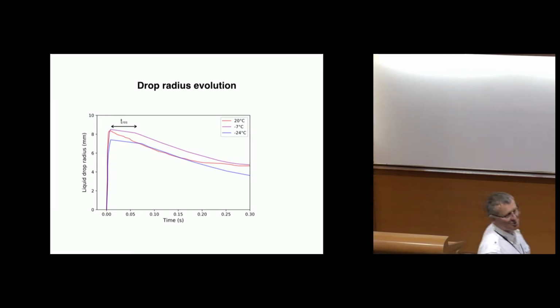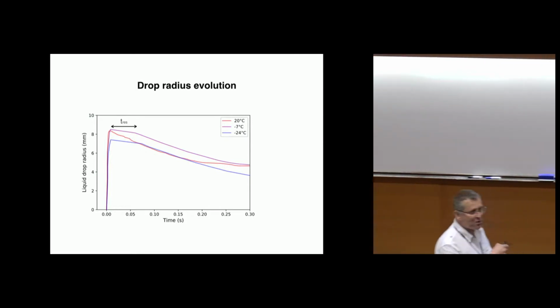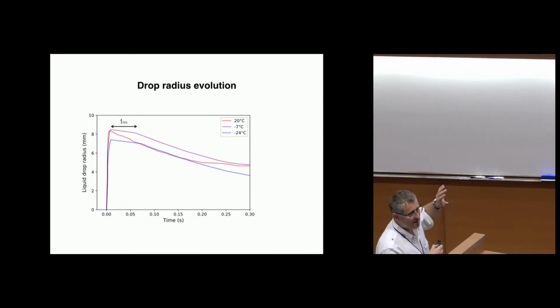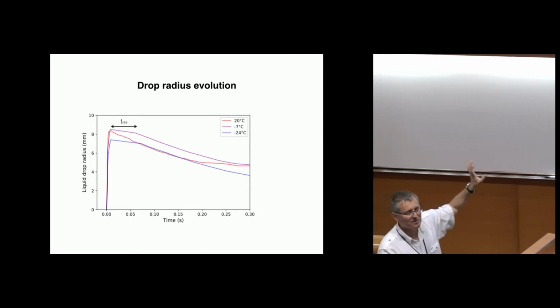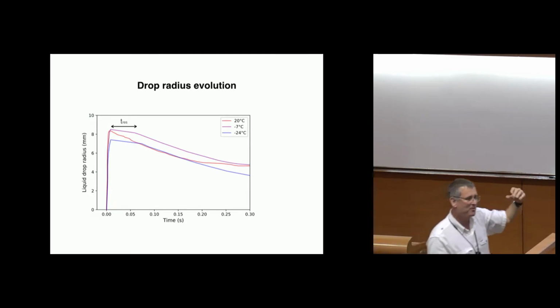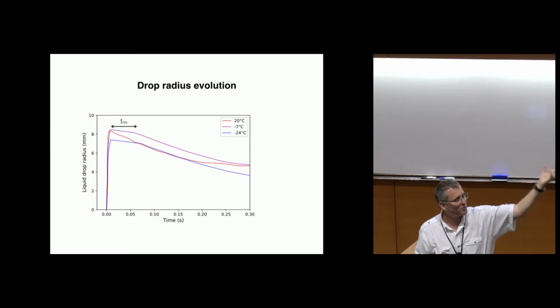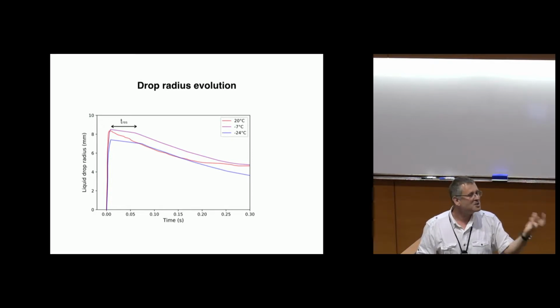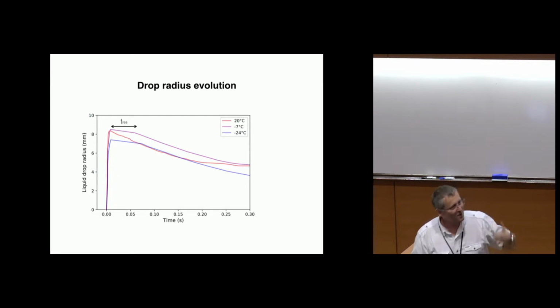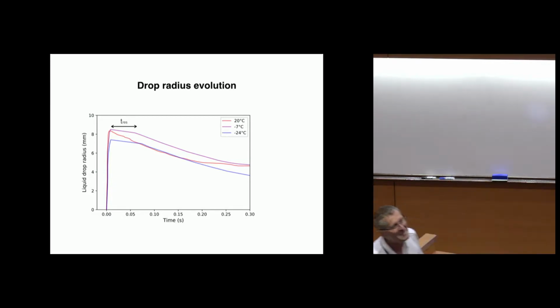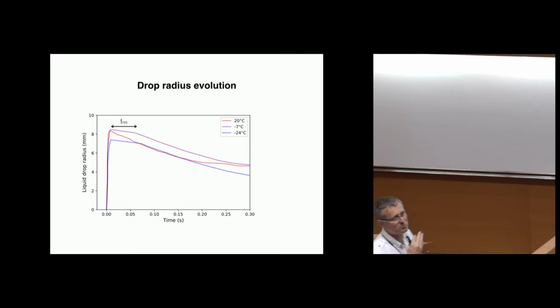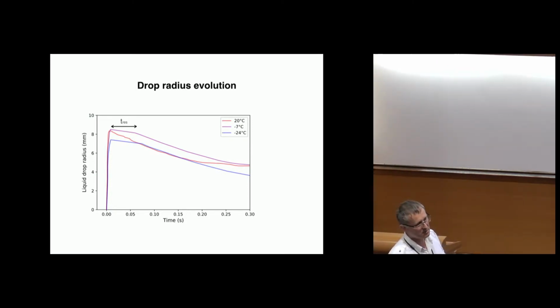Yeah. I don't know. You will see in the model that we derive after, we neglect the temperature of the water for the reason that the energy you need to make this water go from 20 degrees to 0 is negligible compared to the latent heat. But negligible means if you are at 100, it becomes less negligible. But that's one of the arguments to neglect, for instance, the heat transfer in the water. But it could be interesting to check.